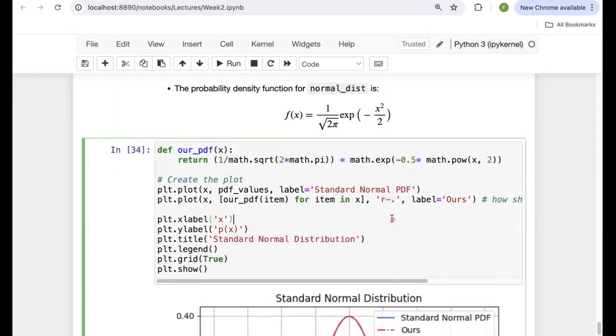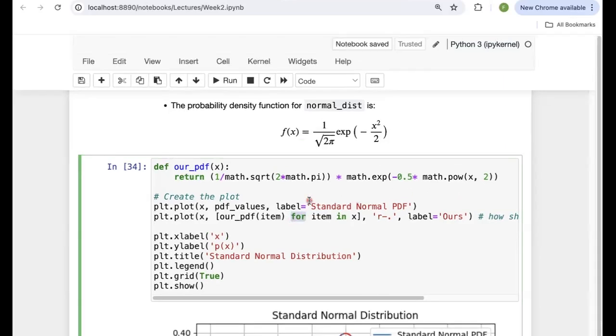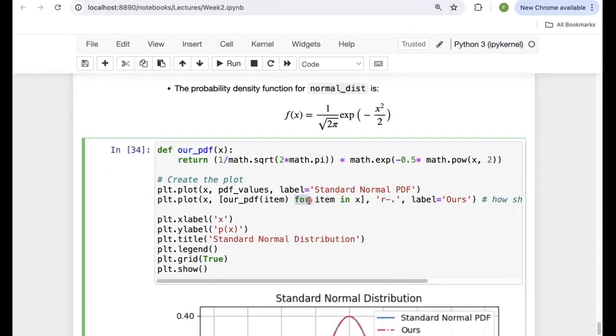So that's one way to solve this. The other way to solve this is instead of using math.sqrt, math.exp, we just use NumPy built-in functions. In that case, because NumPy is designed to handle multidimensional arrays, we do not have to use this for loop anymore. But for now, I'll stop at this point because we're going to cover NumPy in more details in the